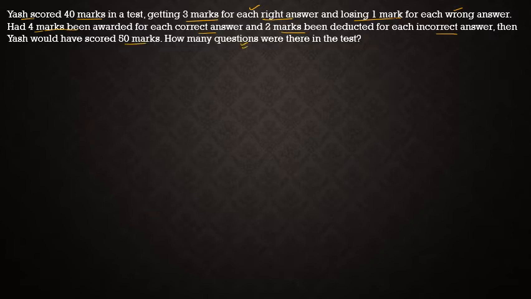So if you are talking about questions, not answers, this will include both types of answers, right and wrong, right? So he has answered all the questions. So let's say the number of right questions is x and the number of wrong questions is y. And what we have to find out is the total, x plus y. This is what we have to find out using cross multiplication. It is not mandatory here to use cross multiplication only because it is not mentioned specifically. So you can use elimination or substitution as well.